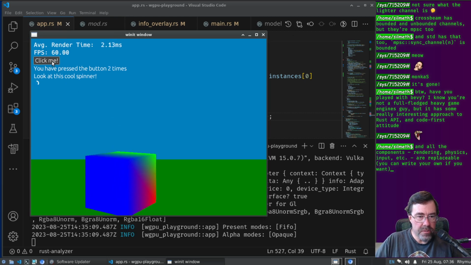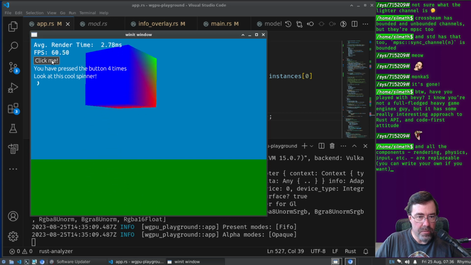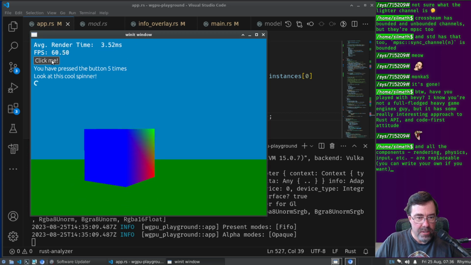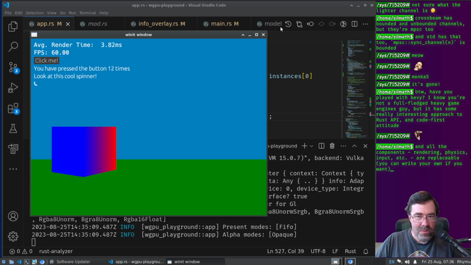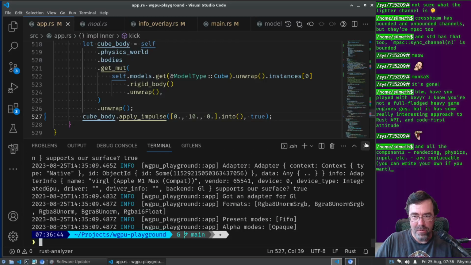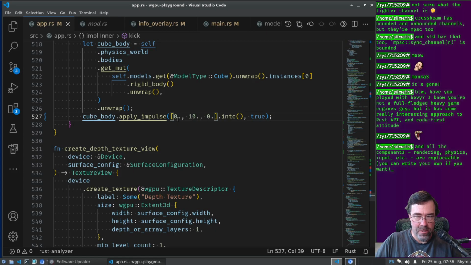Okay, there's with an impulse of 10, and so now we can bounce the cube around. Whee! Oh, I got it to turn. Okay, what if we apply some random number to the other two axes? So